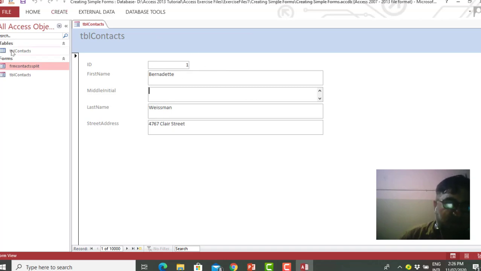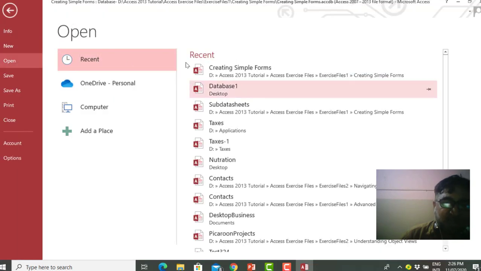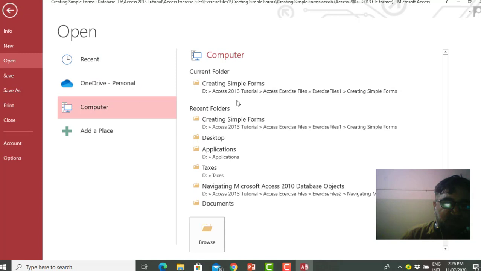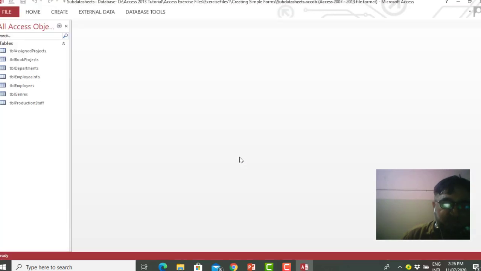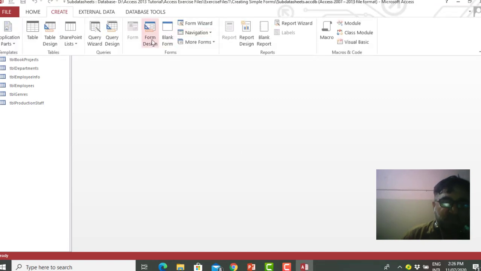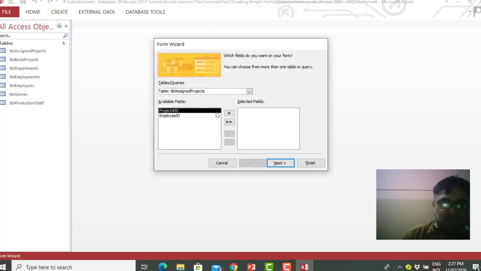So for example, if you close this database and we open another, go to computer, go to your creating simple form and creating a navigational form, or you can use a sub data sheet. Open, is it open? You go to the form wizard. For example, from this table we want only the employee ID.